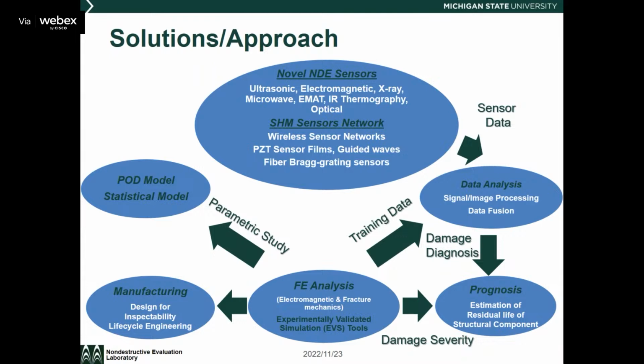Well, it will also help us to understand the manufacturing problem. And the concept is there for decades called design for inspectability. What's the meaning of design for inspectability is during the manufacturing stage that you want to design some material structural system that is easy for you to get all the data from during the life cycle management. So this is another concept under the life cycle engineering. A key concept here,